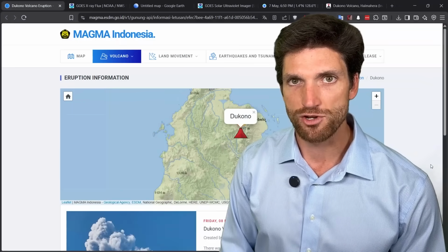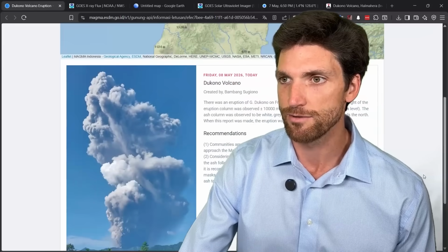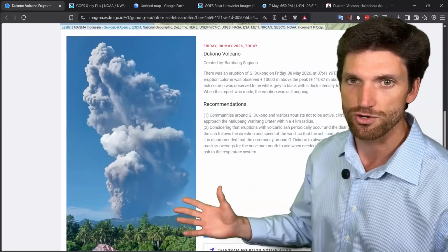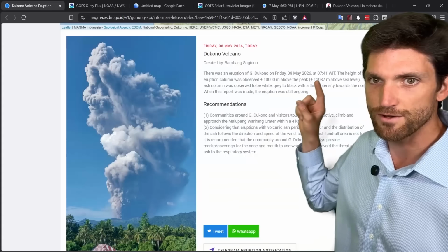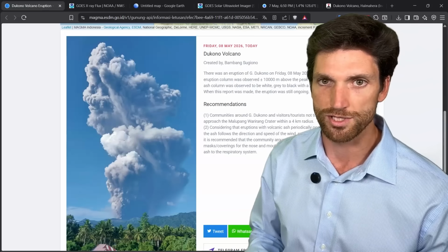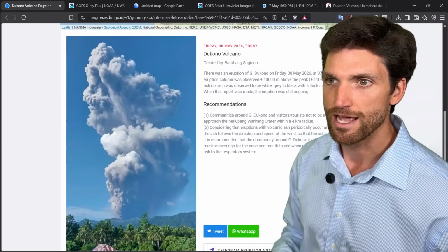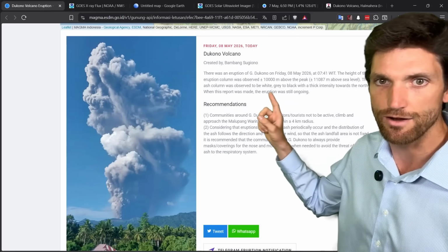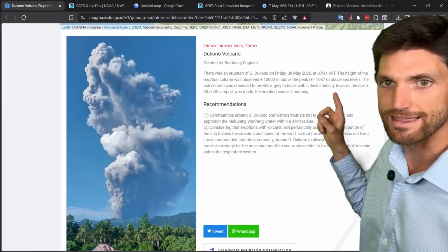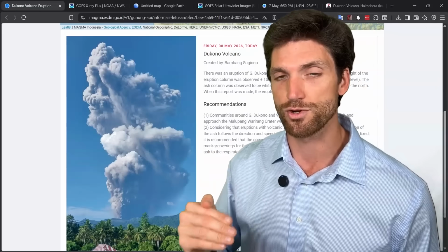Here we have an information page by Magma Indonesia. These are the geologists I was talking about, and they released an update today on Dukono volcano. Here's that photo I showed you earlier, and we're looking at this specifically so you can see the timestamp right there. It's 7:41 local time in Indonesia that this started to erupt. And you see here that the height of the eruptive column was observed at 10,000 meters above the peak, and that is about 11,000 meters above sea level. So again, right to the boundary of the